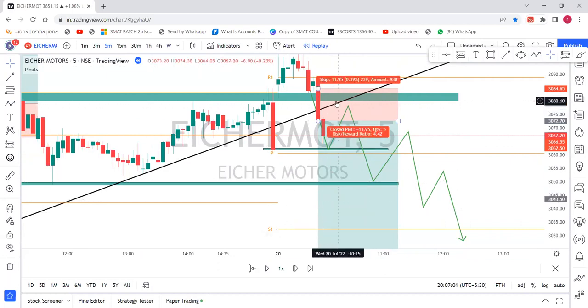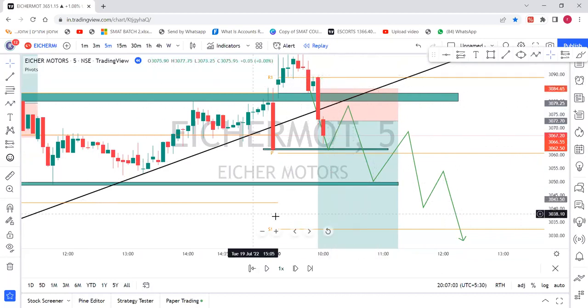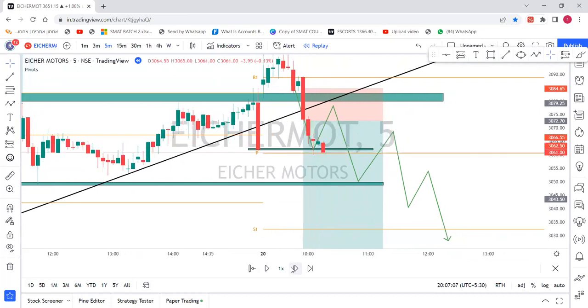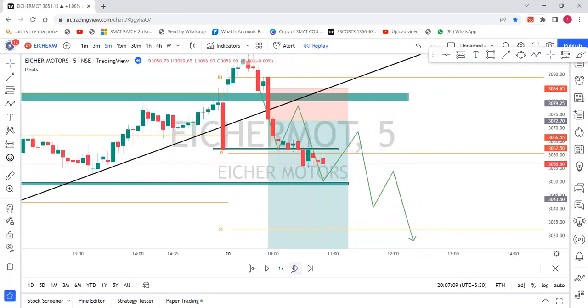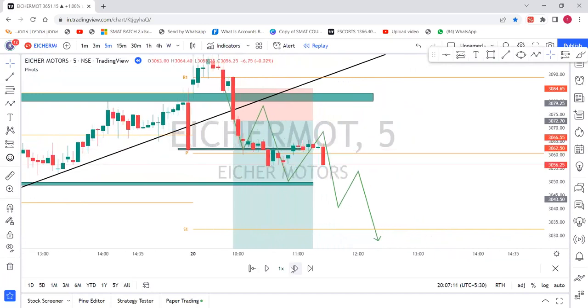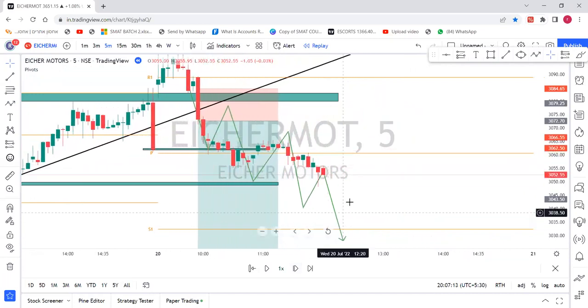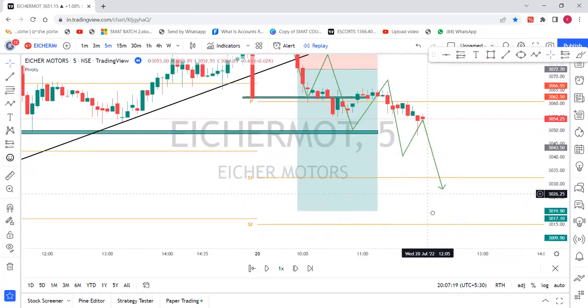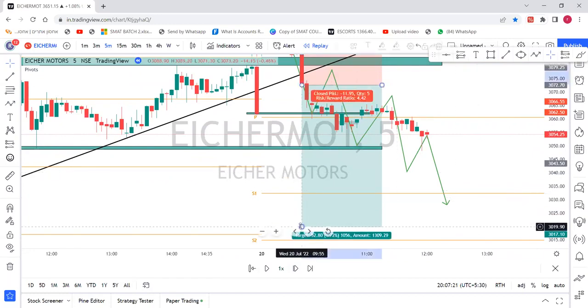If it is going in our favor, if it is not going in our favor, market will go upside. So let's see on this. It should cross this level. Now you can see a proper small trend is forming. It should cross this level. Now it's very important for us to